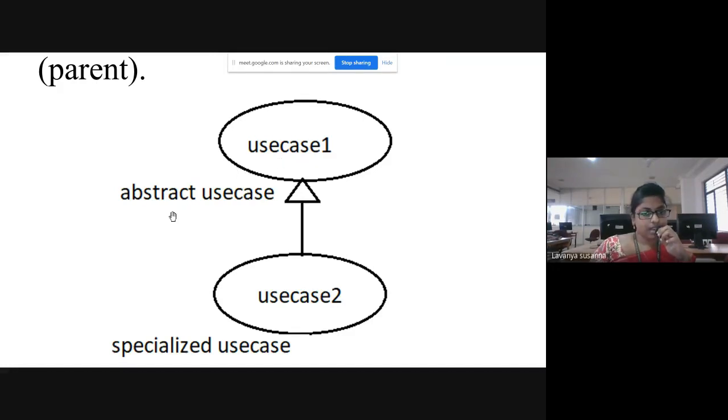Already you know in Java what an abstract class is. You know all those things, right? No need to revise all those things. What is meant by abstract class? Anyone, please answer my question so that you will understand what an abstract use case is. All these concepts you know, right? Anyone? Students, please respond.